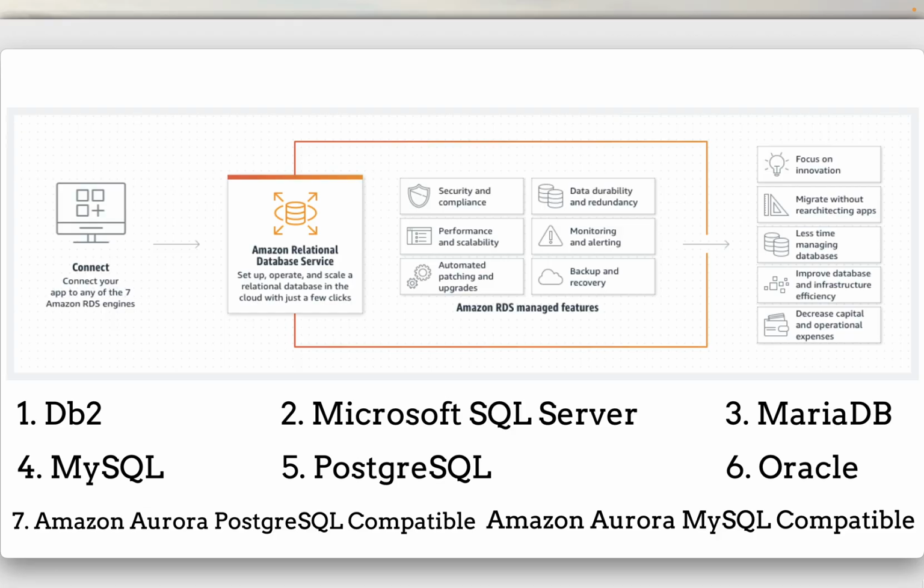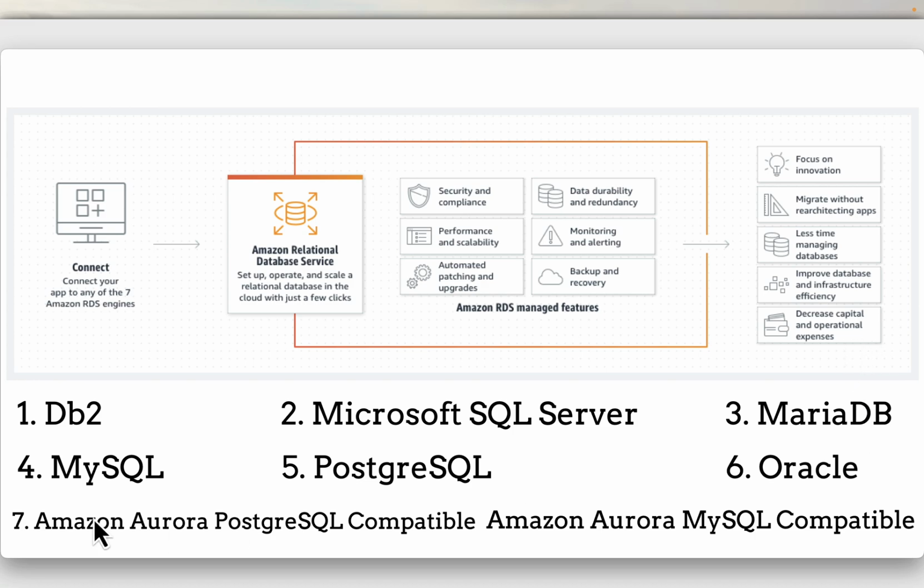So RDS automates database software patching, monitoring and alert. So you can track key metrics and set alarms to proactively monitor your databases. Sixth, backup and recovery. You can have automated backups and point-in-time recovery to protect your data. So the benefits are, you can focus on innovation and migrate without re-architecting your applications. So you can migrate smoothly to the AWS cloud and spend less time on repetitive database administrative tasks because of managed service. And finally, you can deliver more value by improving database and infrastructure efficiency and decrease capital and operational